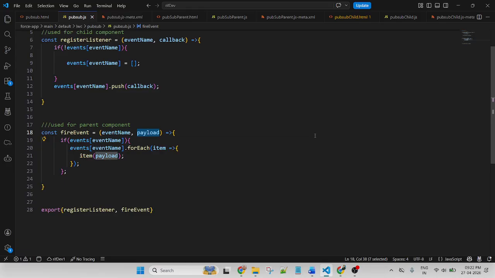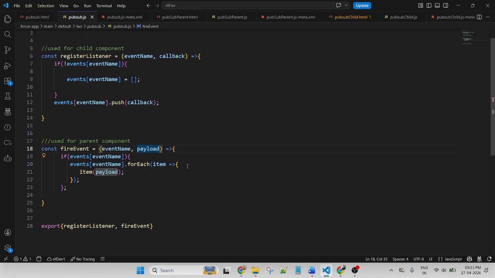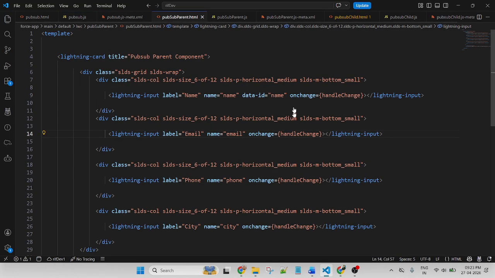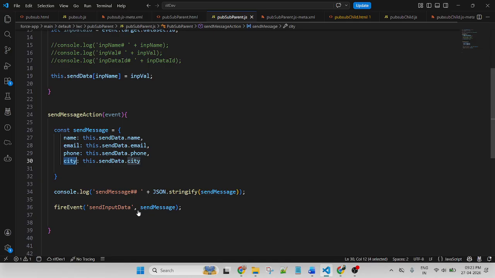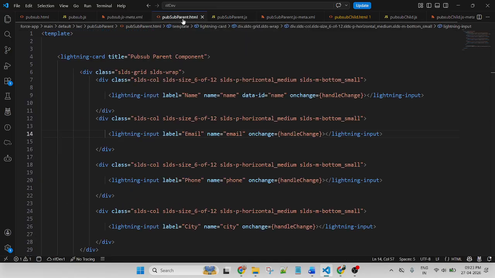Payload: if you are working on REST API integration and calling the POST method, in the POST method we need to use a payload to pass the body. Similarly, here this is a payload. Payload means we need to send data one by one. So this is an event. For each, here I am applying each and every input field like this. All of the input field data I am getting, I am passing as a payload. Payload means I am storing data and passing it.